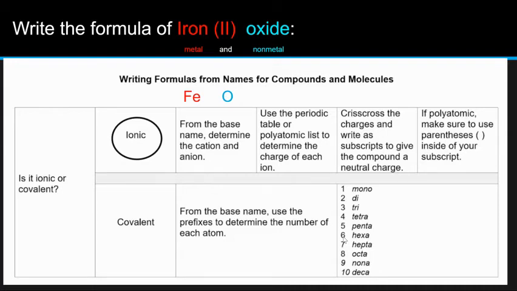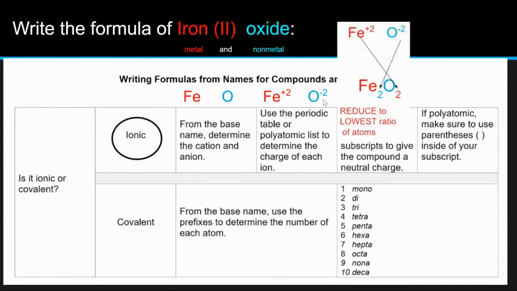Now we'll need to determine the charge of each ion. Iron has a charge of +2 because the Roman numeral signals the charge on the transition metal. Roman numeral 2 tells us iron has a +2 charge in this circumstance. And oxygen always forms a -2 charge. Let's crisscross to get our formula. When we do so, we will get